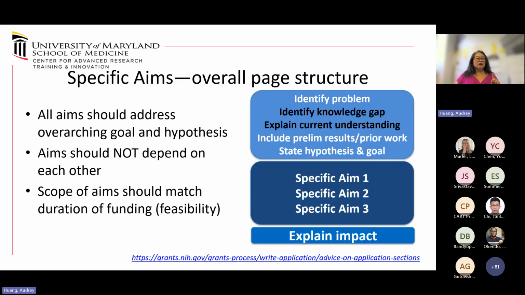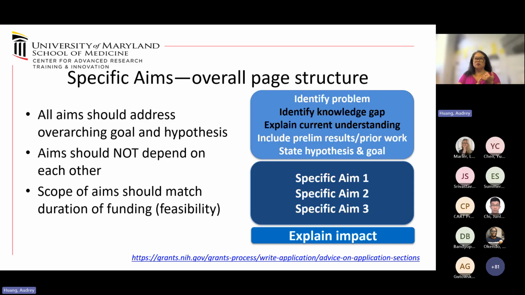Okay. So, like I said, we're driving toward your specific aims and your overall page structure. So, in the blue on the right-hand side, this is your specific aims page, what it should kind of look like. You get one page for it within the specified margins and fonts and all that stuff. All of that's available on the NIH website. The URL is down there. So the top half of the page, generally it's a half a page, could be a little bit more than half a page. I wouldn't recommend this being overwhelmingly most of the page.